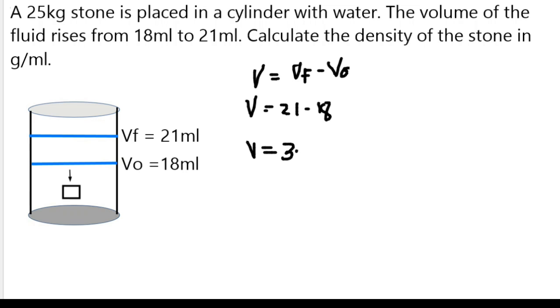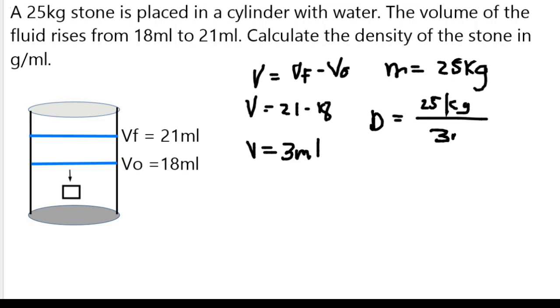So our volume is 3 ml. So that's it. We got that. So our mass is 25 kilograms. And then using the formula, we can just calculate it. So we got 25 as our mass and our volume is 3. We can just divide this. So what we got here is